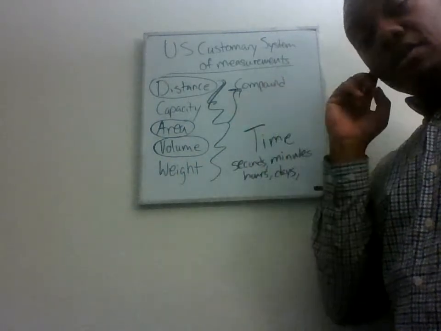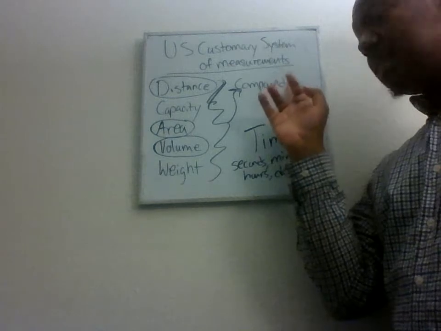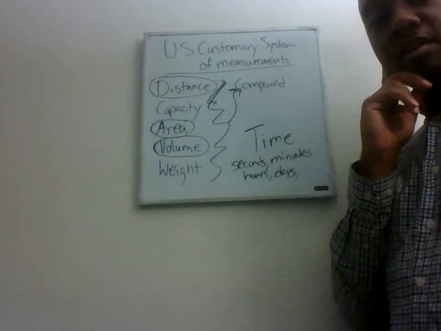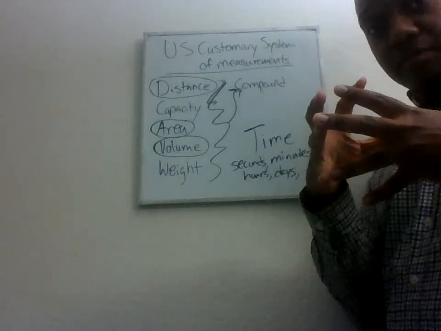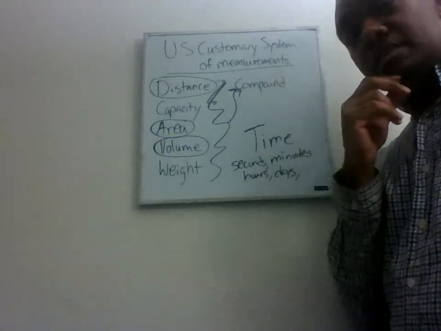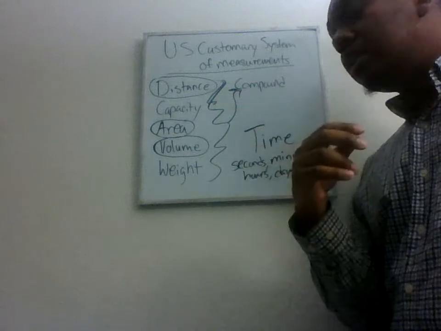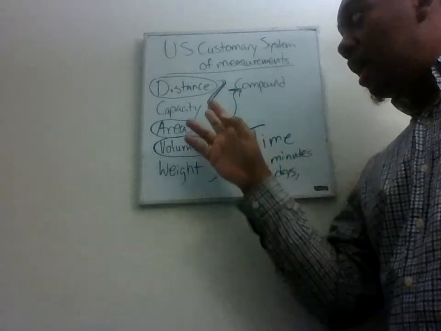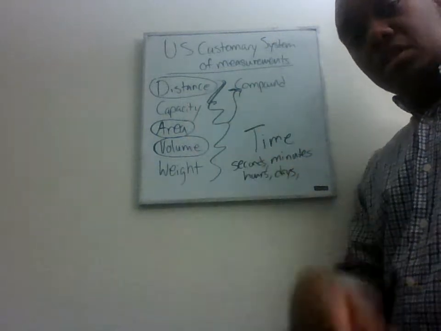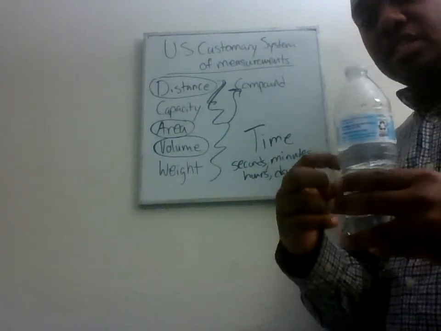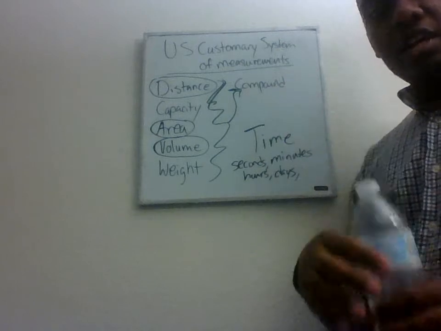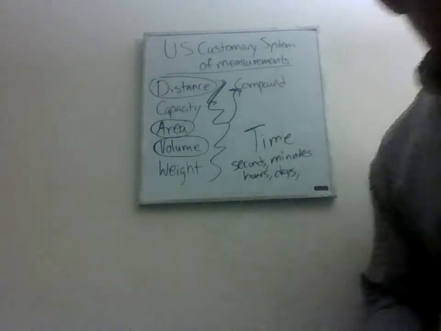Now there's one more thing up here. Actually, there's two, but we'll be looking at this one thing here. It's called compound. So compound measurements. Whenever you have a compound, you combine things together. That's what this measurement is about. It's about combining these together. So say I want to know what's the capacity per inch. Say if I want to know, like on this thing here, I want to know how many ounces per inch as I move up this bottle. That's very useful. I have another bottle here